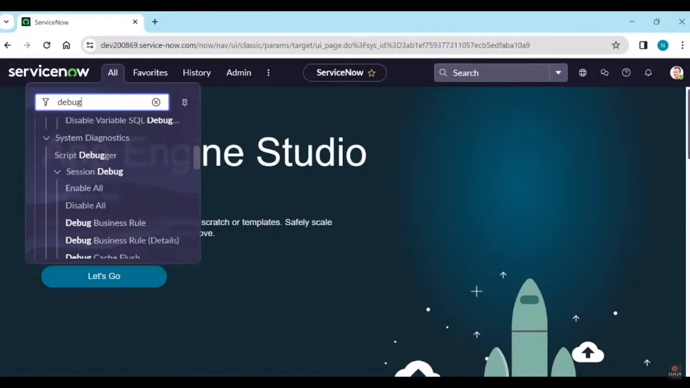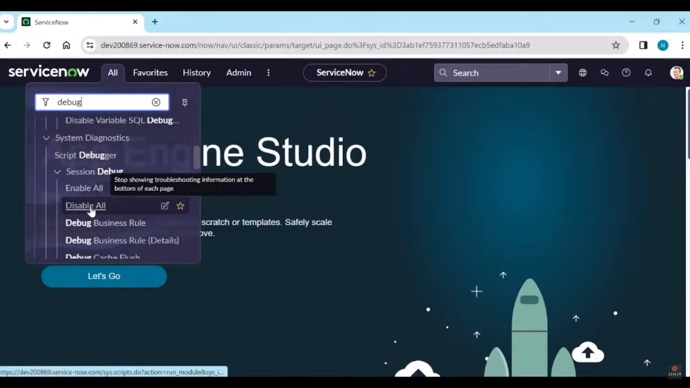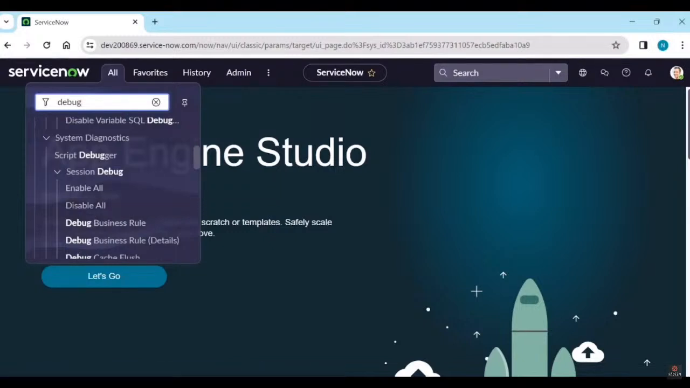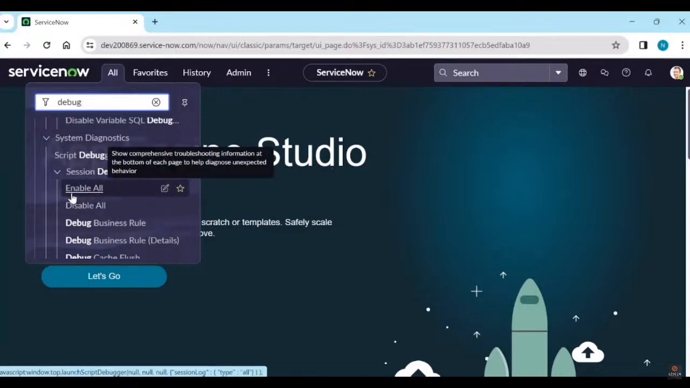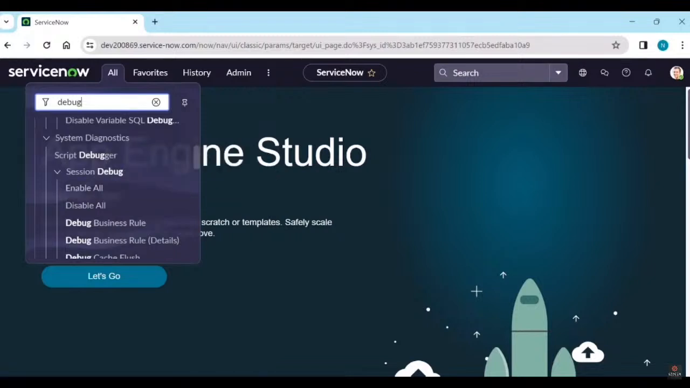When section debug is no longer needed, you can disable all. You can also enable all areas for abundant logging on the bottom of each page, or enable each option one by one, whatever you want. And the benefits are nothing but